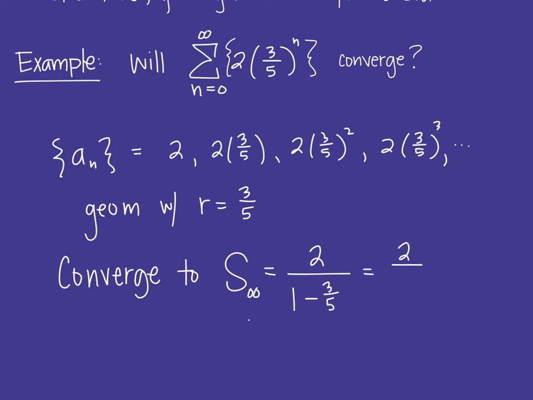So that's 2 over 2/5, which is what? Yes. And so this series will converge to a sum total of 5. When you write the term or sequence, you have to change up the